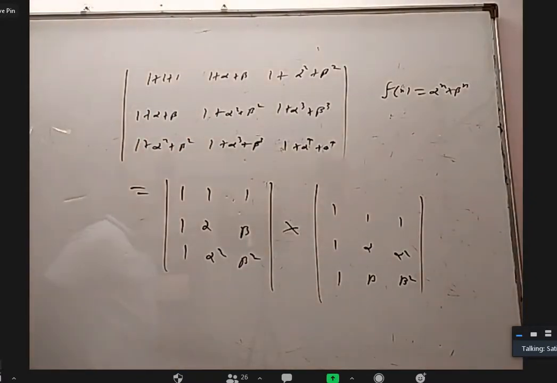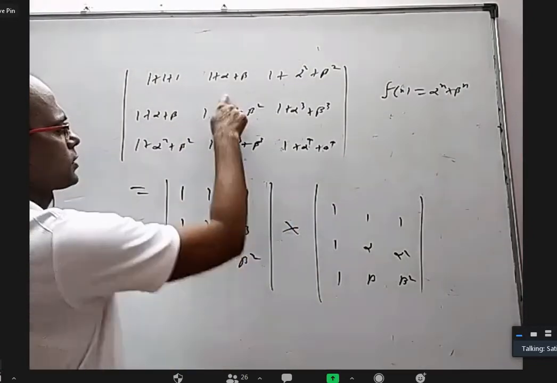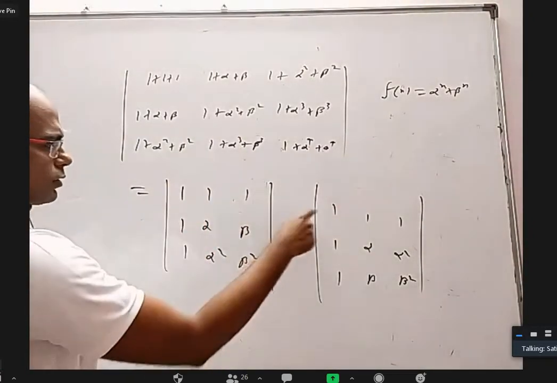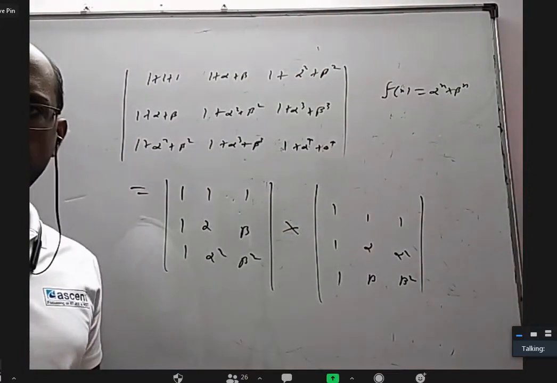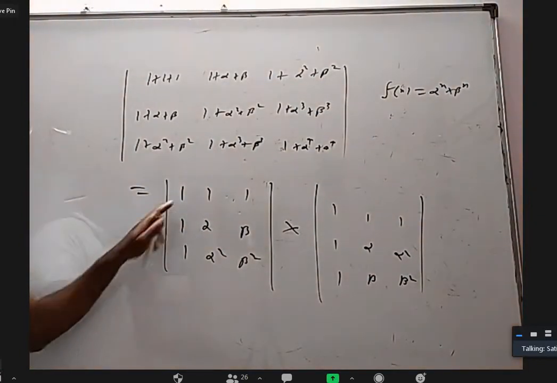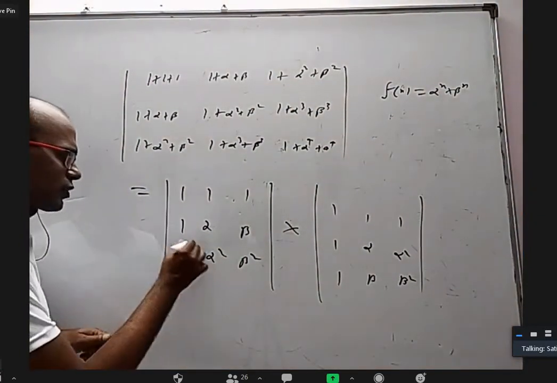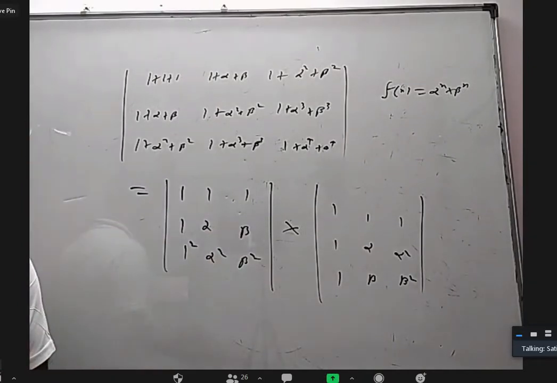Okay. So you can see this into this is 1 plus 1 plus 1, 3. This into this is this. This into this is this. This into this is this. Like that, everything is working out, right? Okay. And 1 a square is 1, I can write 1 square if I want. 1 a square, 1 b b square, 1 c c square. What is the answer for the determinant?